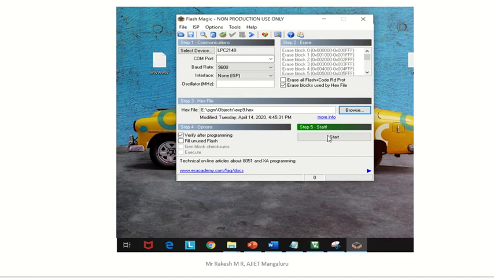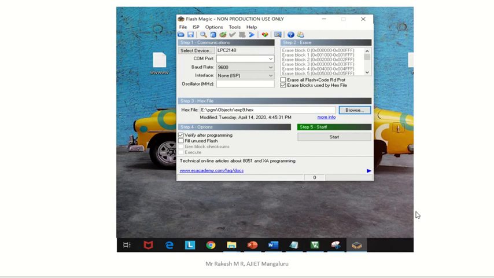When you click on start, your program is dumped to your kit. Now the last job is to see the output. So what do you have to do to see the output? In this particular UART experiment, we have to see the output on this computer display itself.